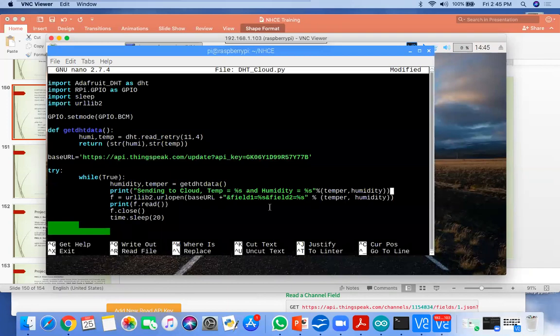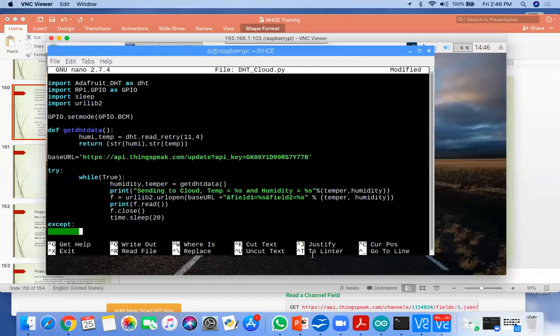Okay, so that message will tell me the value of temperature and humidity when I run this program. And okay, so what is remaining? Except exception is remaining. I'm handling all the exceptions.